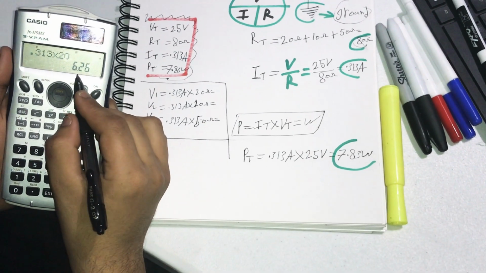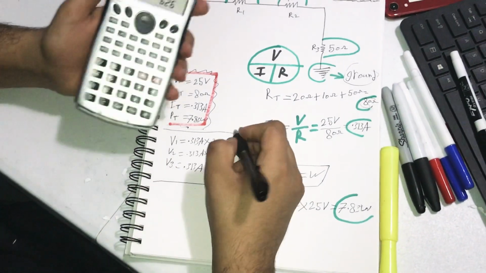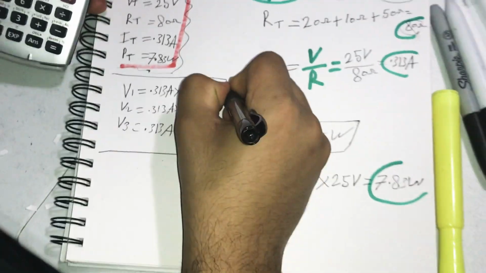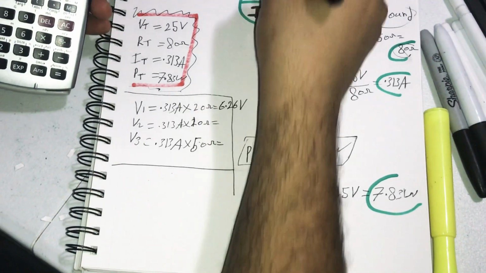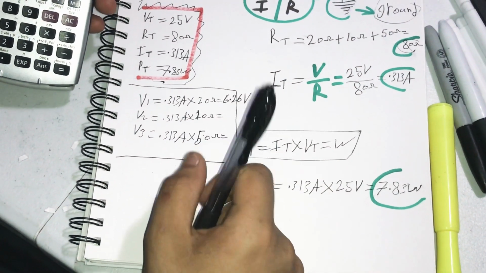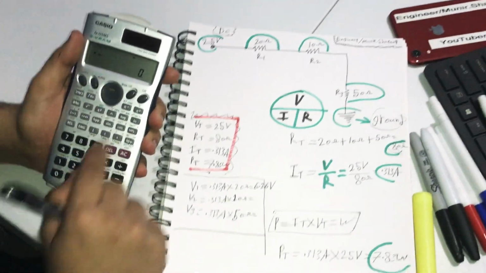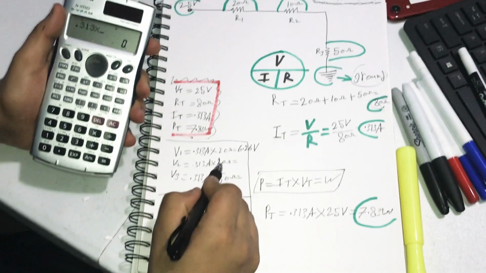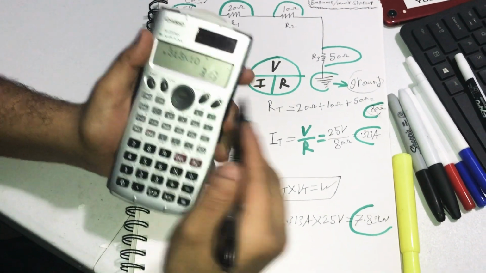We get 6.26 volts. 6.26 volts. And the resistance number 2: we're going to put 0.313 times what? 10 ohms. 3.13